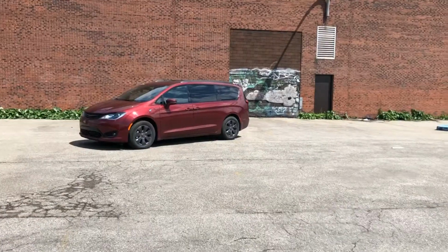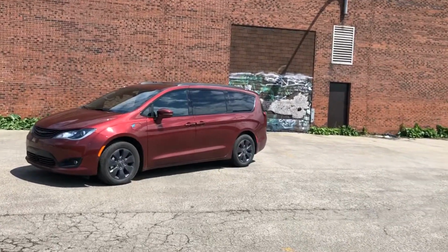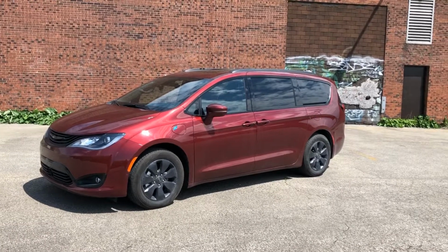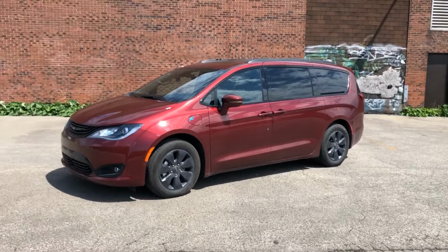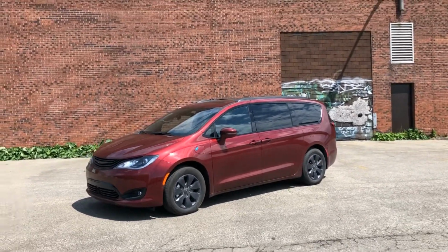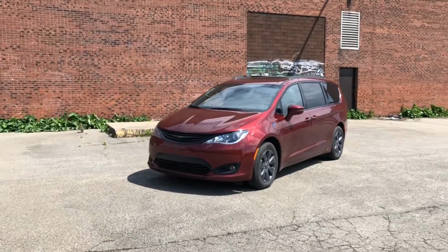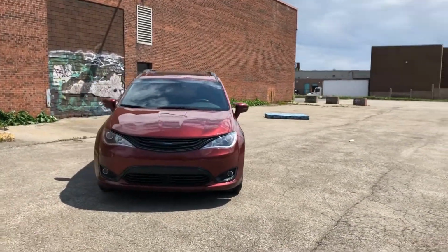This is a 2019 Chrysler Pacifica plug-in hybrid Limited S appearance package. Lots of fancy words for, well, I suppose an advanced and kind of fancy minivan. Now, if you want a regular Pacifica, pricing starts at $39,000. Yes, before incentives, rebates, and whatever other gifts FCA might throw in the trunk to get you to leave with